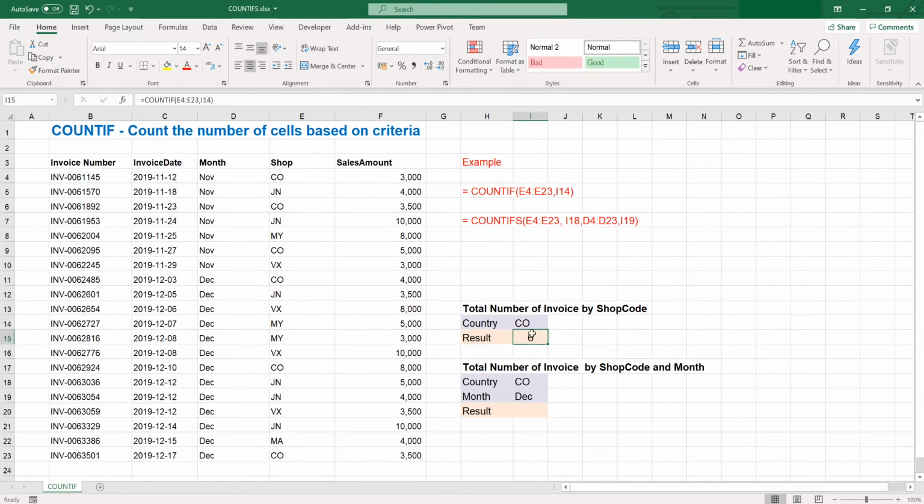Great. So the next thing I would like to talk about is COUNTIFS. Sometimes we might want to count the number of a particular value based on multiple criteria. The COUNTIFS function can help to do that. So I have prepared the criteria CO and December here. What we are going to do is to type